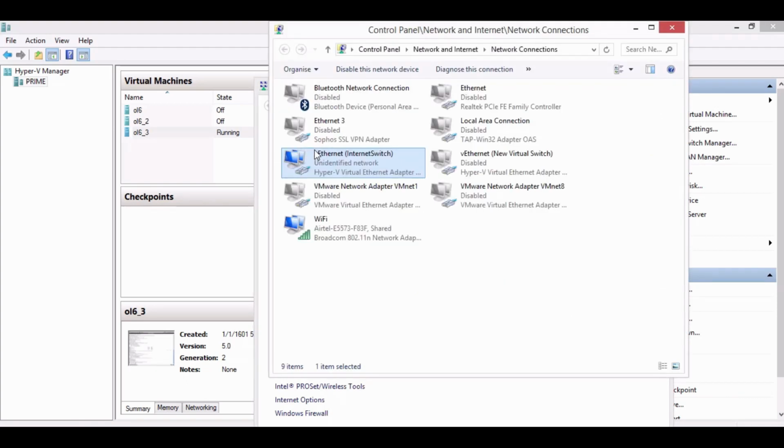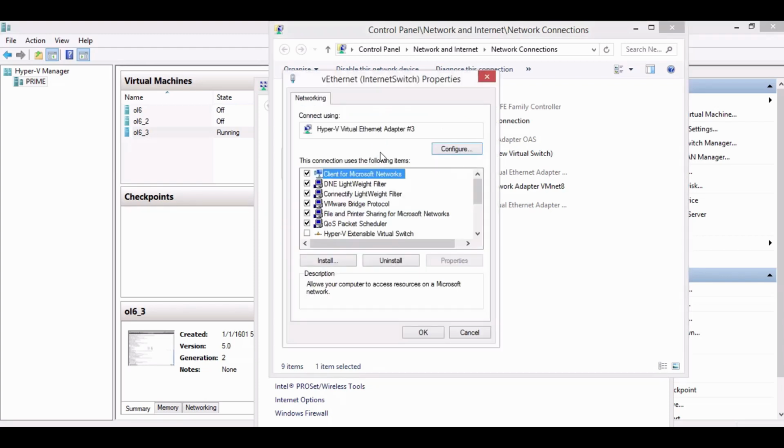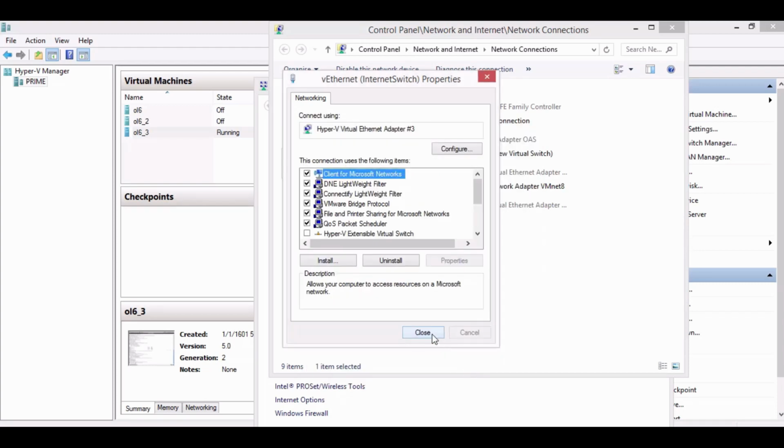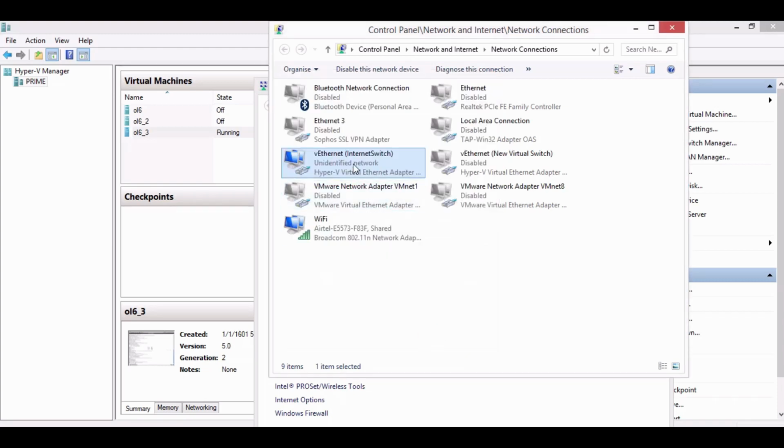Once this window opens up, click on change adapter settings and you could see the internal switch we have created using Hyper-V over here. Right click on it, click on the IP version 4 and you have to put the static IP over here. Leave the default gateway empty and you could use a DNS server. Click on OK and cancel out from here.